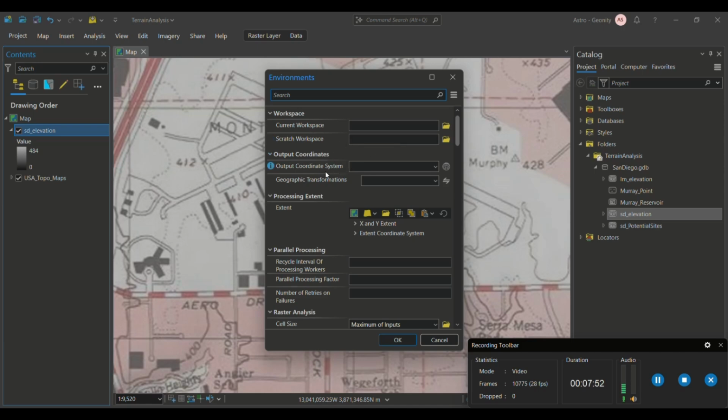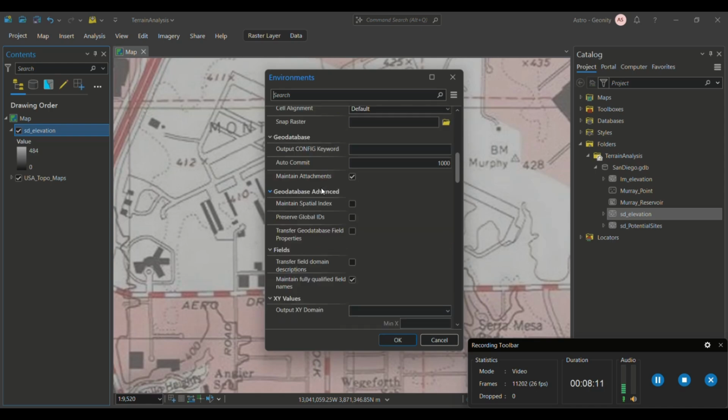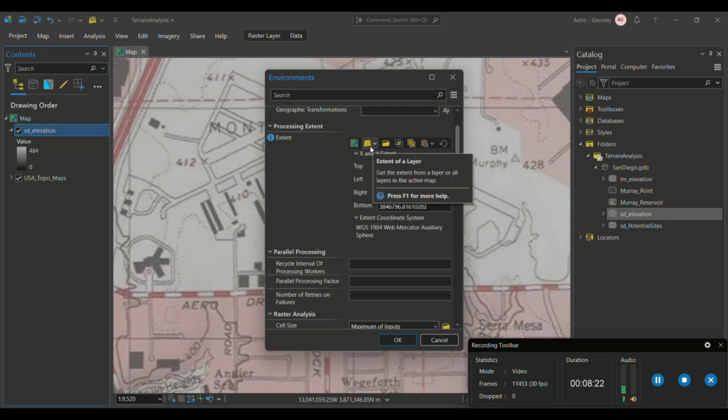And output coordinates, let's use the same as, okay, let's say the output coordinate to be ST of the ST elevation. Others should be fine. Then in the processing extent, let's change processing extent to be the same as layer of ST elevation. Click this button and then choose ST elevation,